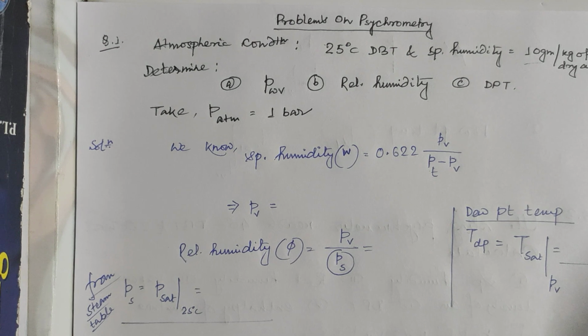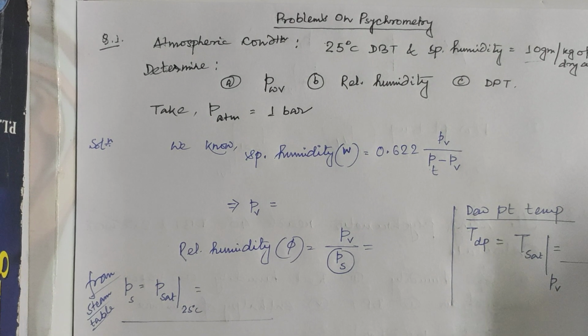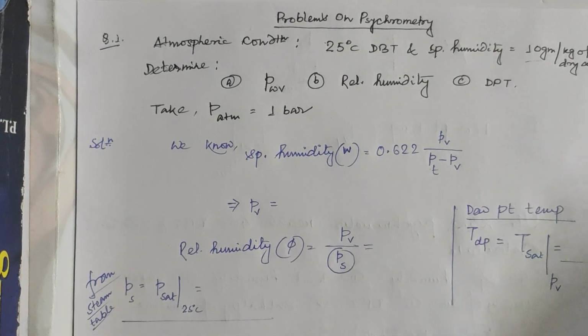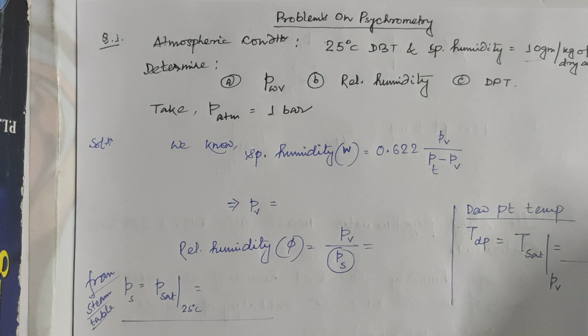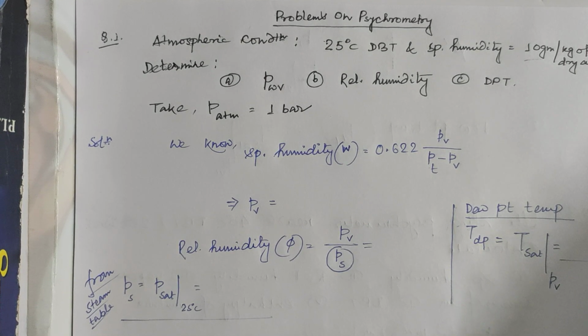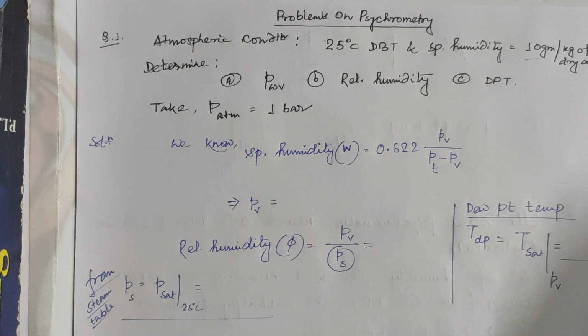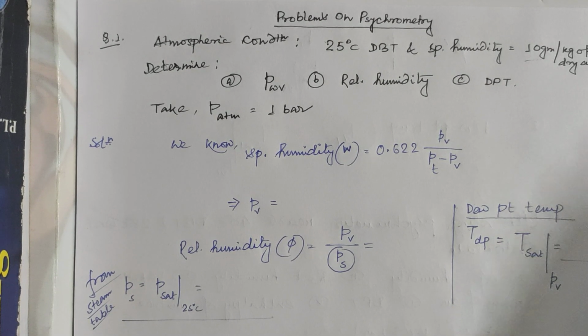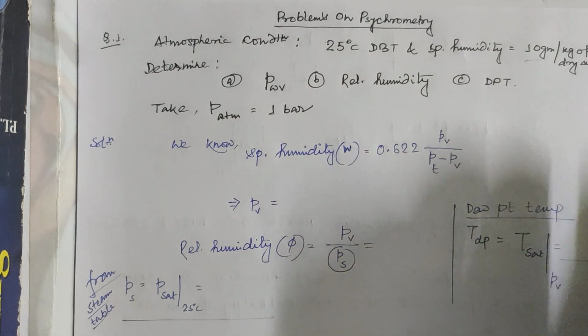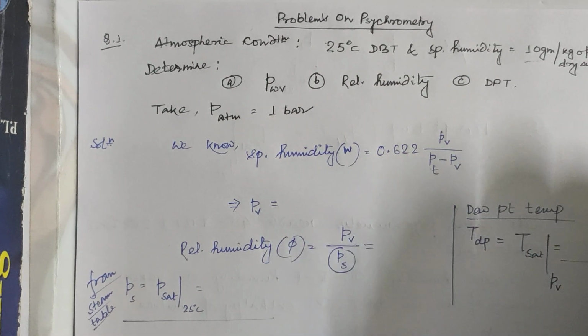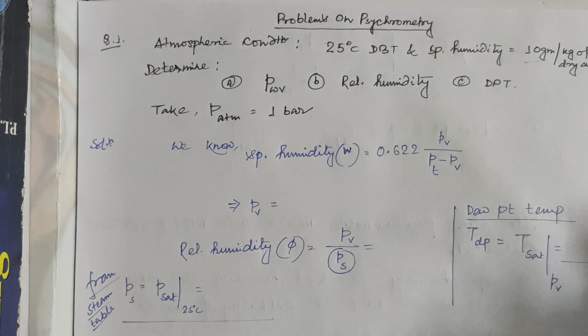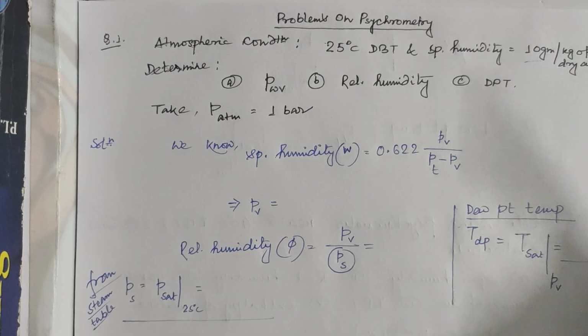We have started our discussion on the part of air conditioning and ventilation, and regarding that part, till now we have covered all the basics and the applications of different air conditioning processes. Now, based on those preliminary ideas, or the basic ideas and the applications of air conditioning processes, today we are going to solve several problems.